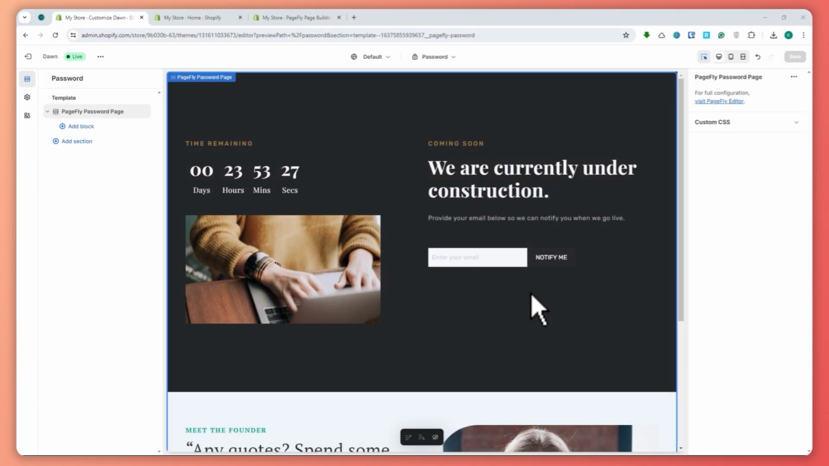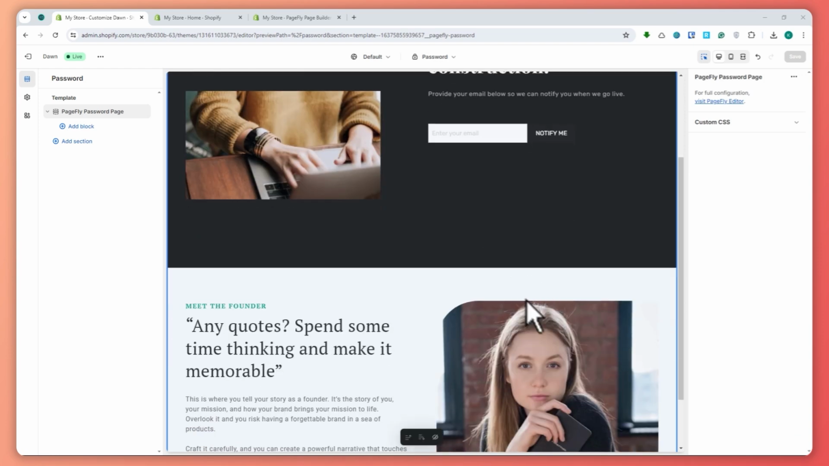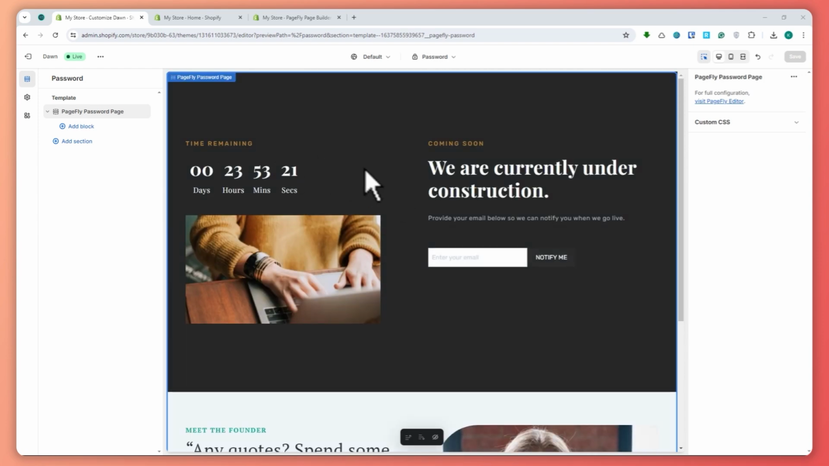So the only drawback right here is that you can't directly edit your page right here from the editor page of Shopify. You would have to go to the app. As you can see, when I click on the image, I wouldn't be able to edit it, or the text and so on. So yeah, that is basically it for this tutorial on how you can edit your Shopify password